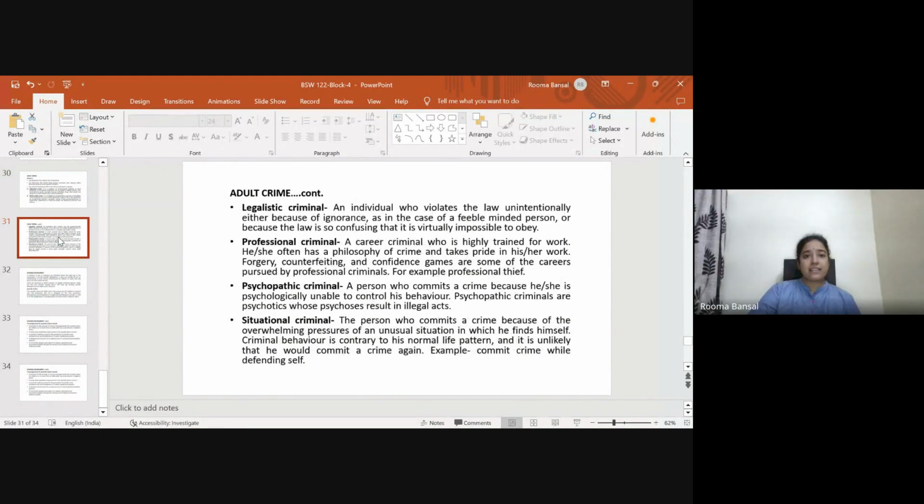Yes, ma'am. Clear. Our next point is the kinds of criminals, the types of criminals. Legalistic criminals: an individual who violates the law unintentionally, either because of ignorance, as in the case of a feeble-minded person, or because the law is so confusing that it is virtually impossible to obey. These kinds of criminals are known as legalistic criminals. Here we can take the example of any bike rider who breaks the traffic rule